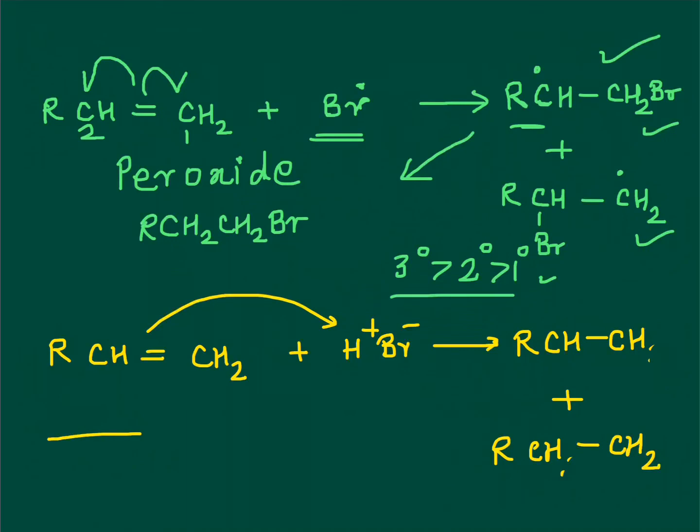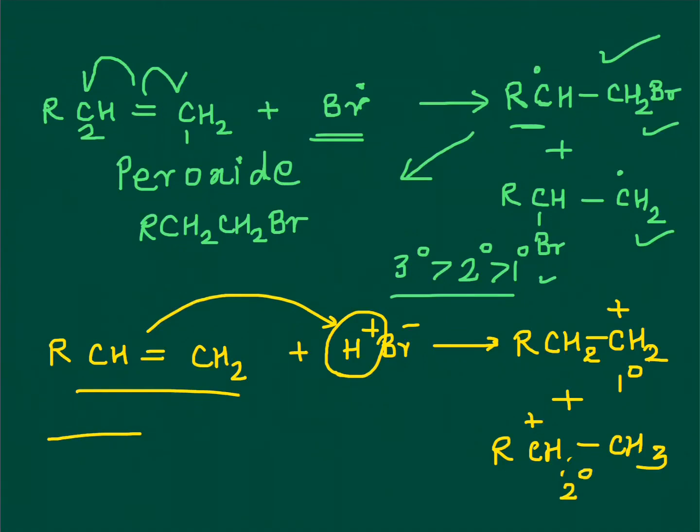Going back to what we have already done, when an electrophilic addition reaction takes place on RCH double bond CH2, the first attack is taking place by an electrophile. So the hydrogen can either become attached over here. So we have RCH2CH2, with the result this carbon gets a positive charge, or we will have RCHCH3 and the second carbon gets a positive charge. These are carbocations, carbon with a positive charge. This one is primary, this one is secondary.